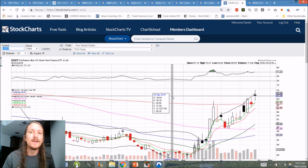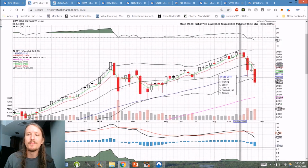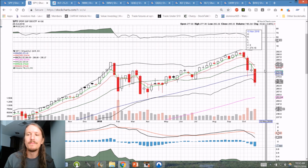But because I'm looking for a short-term bounce, doesn't mean that my midterm strategy is going to be the same. Because like I said, midterm, I might be looking to hedge some longer-term portfolio positions that my parents have by entering bearish positions, either shorting SPXL and trying to have some of that time decay in my favor, maybe long-term puts. But I want to see a weekly lower high set on SPY before I would look to begin